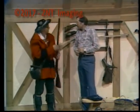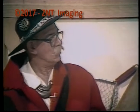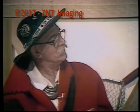How many deer have you gotten with a muzzle loader? 8 mule deer or whitetails, a mule deer and an antelope. Well, that was